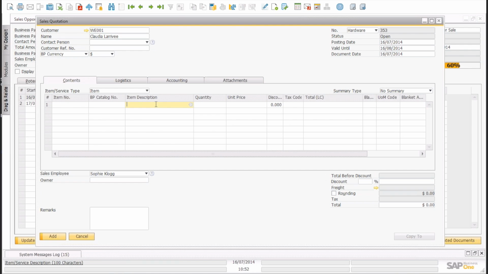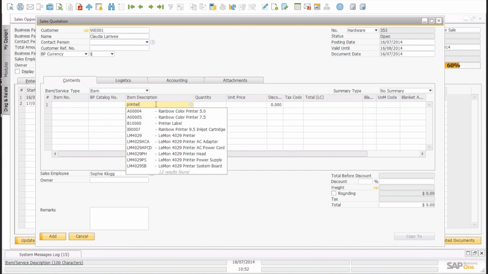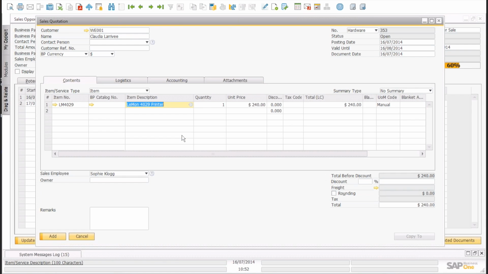Okay, and Claudia had mentioned that she wanted 20 printers. So we're going to type printer in and we're going to see all of the printers. And I'm going to pick this printer. Okay, so that printer is a unit cost of $240.20. Okay, and we can see if we choose 20 of those printers,